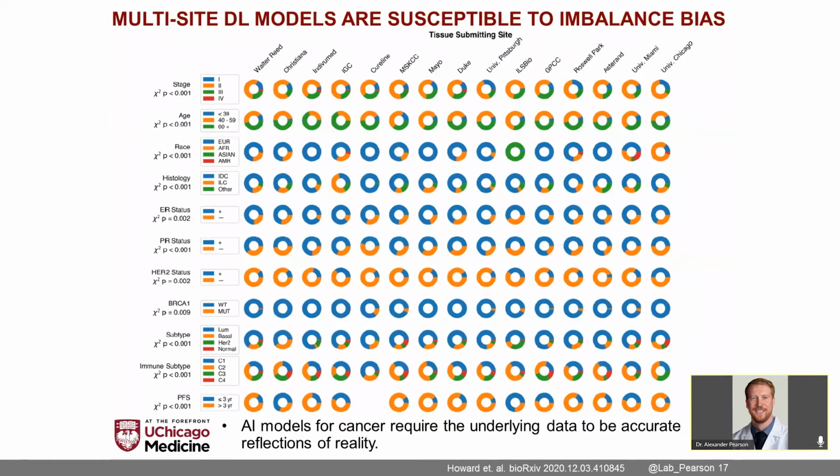but potentially even more relevant, is that what we were actually detecting was the differential proportion of certain individuals based on the place their tissue came from. In other words, you can see here that University of Chicago was by far one of the most frequent donators of African American samples to the Cancer Genome Atlas. And so, in fact, in thinking we were detecting a signature intrinsic to African Americans, what we were actually detecting was a signature intrinsic to the University of Chicago,